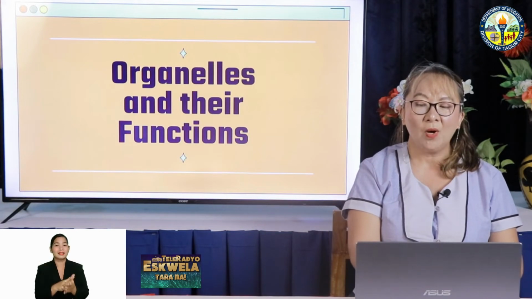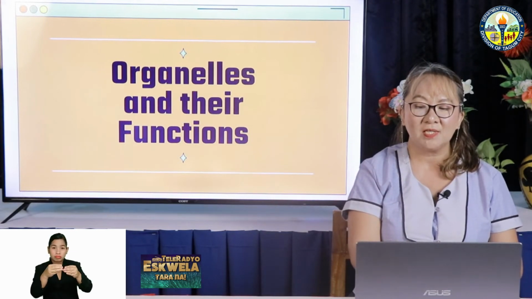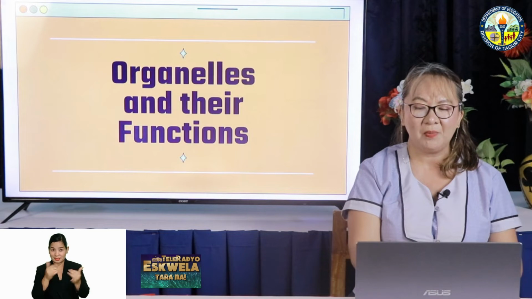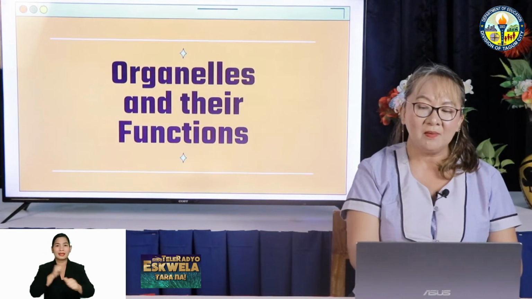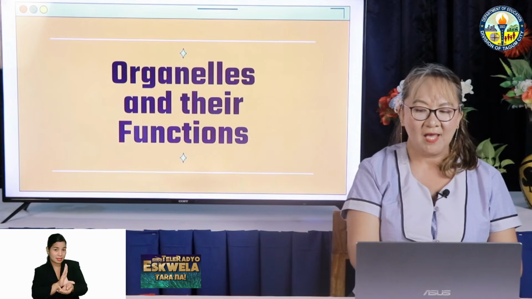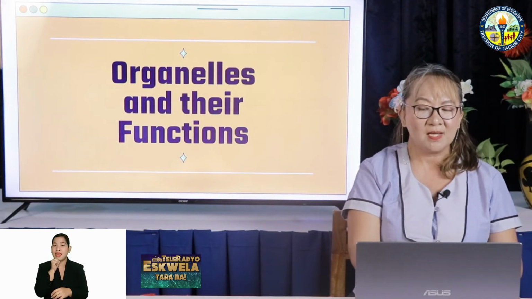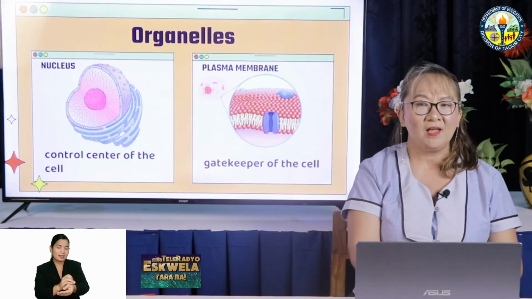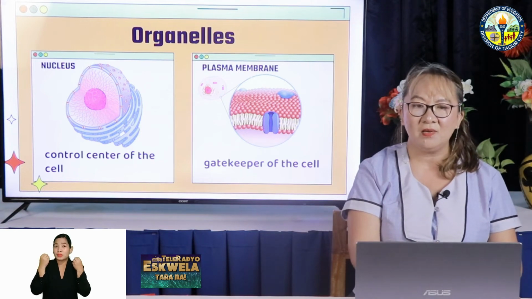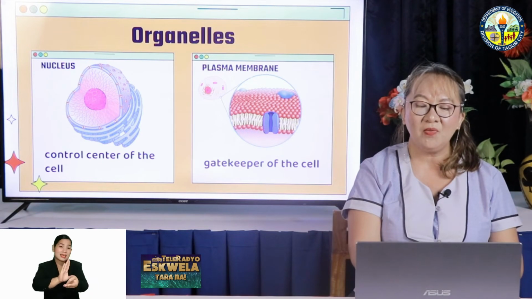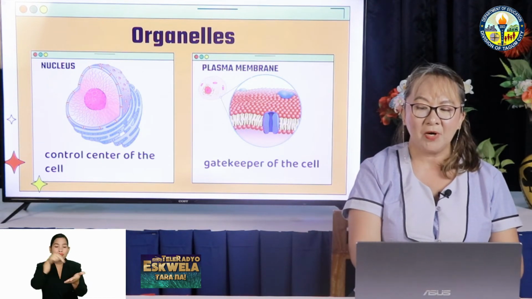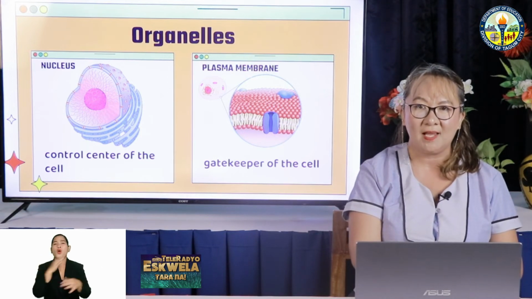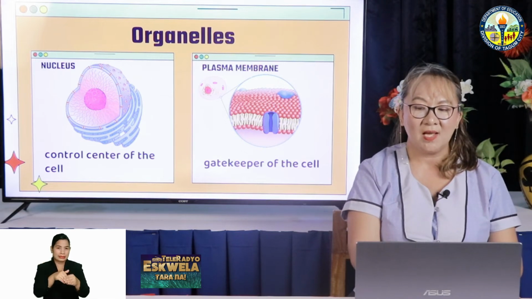Now, let us see what are the different organelles and their functions that I mentioned in the beginning of the session. As we have discovered from the previous activity, plant and animal cells have similarities and differences, one being the presence and absence of organelles. There are a lot of organelles, starting from the nucleus. Nucleus, or the control center of the cell. It is a very important part because it controls everything that occurs inside the cell, and it contains the genetic